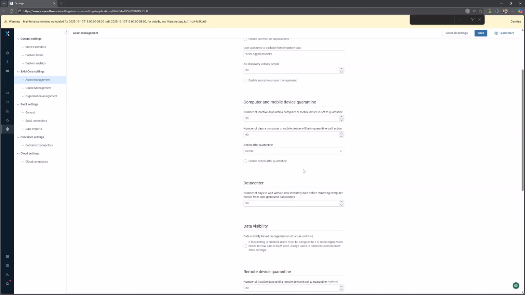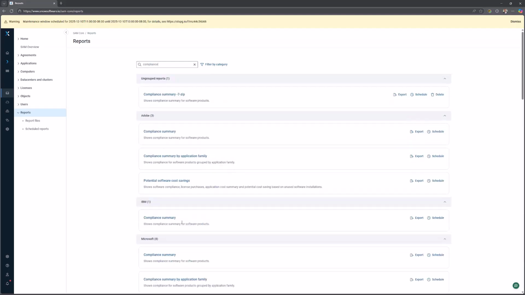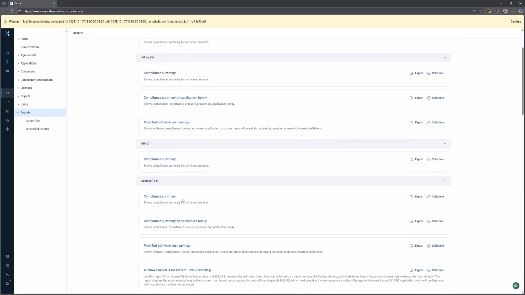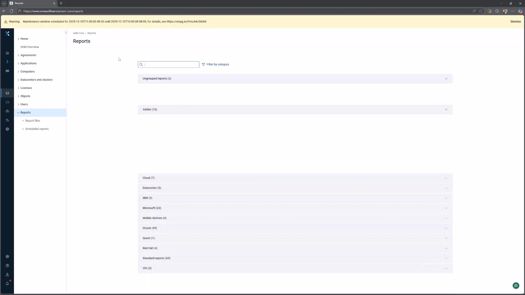It's important to do regular compliance review using the reports section of the Snow Atlas platform via reports such as the compliance report, as we can see here, using such reports like compliance, summary, as well as using other such reports such as